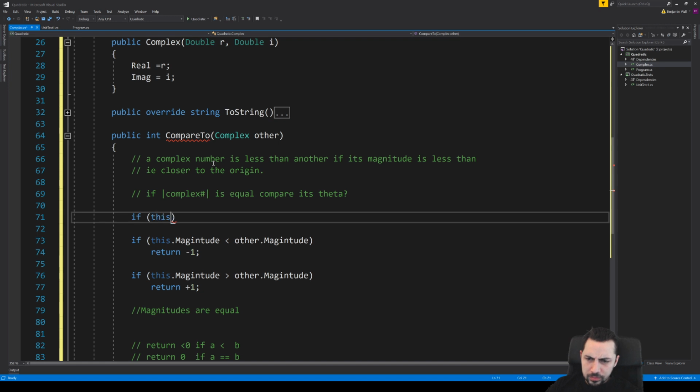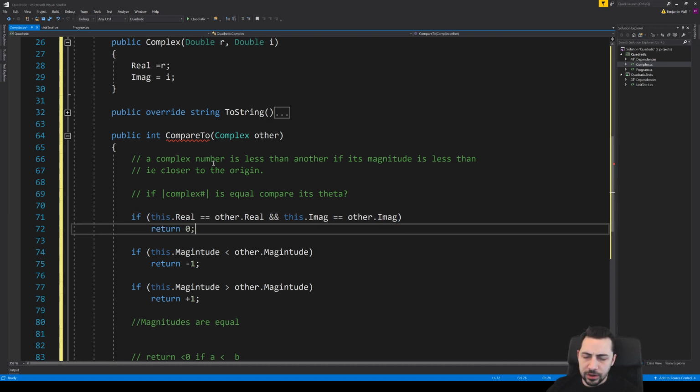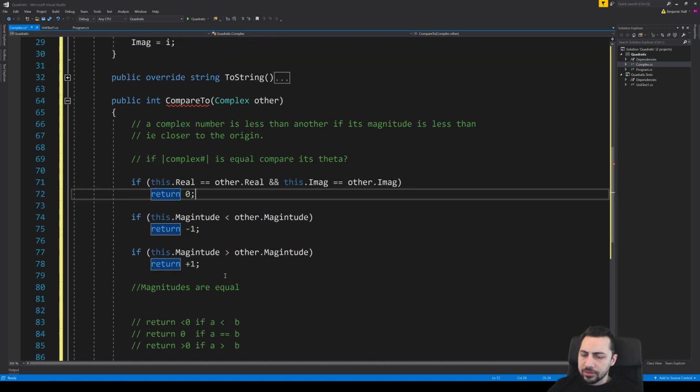If this dot real equals other dot real, and this dot imaginary equals other dot imaginary, return 0. All right, fine.